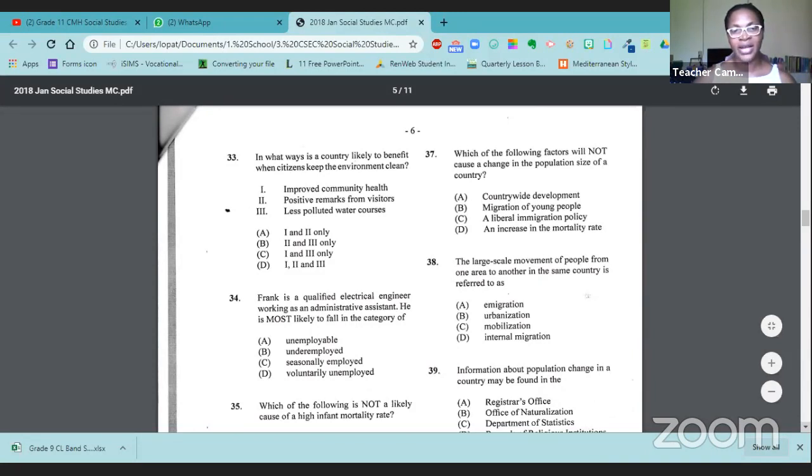Frank is a qualified electrical engineer working as an administrative assistant. He is most likely to fall in the category of what? Is he unemployed? No, he's working as an administrative assistant. Is he underemployed? Yes, because he's a qualified electrical engineer, but he's working as an admin assistant, like a clerk